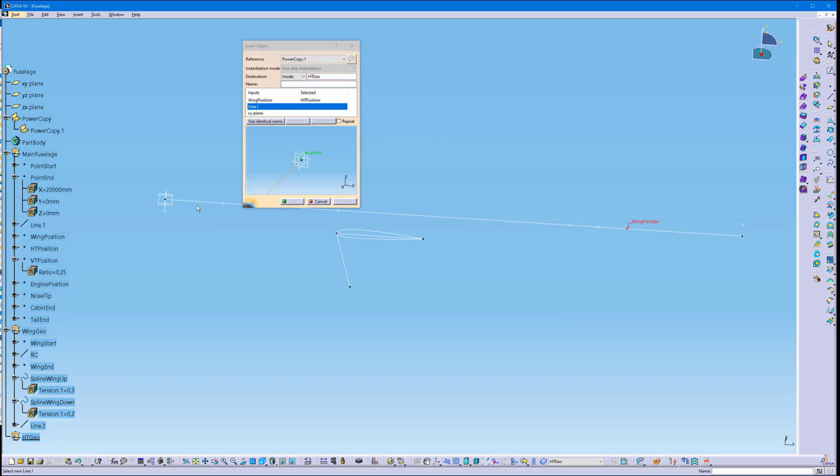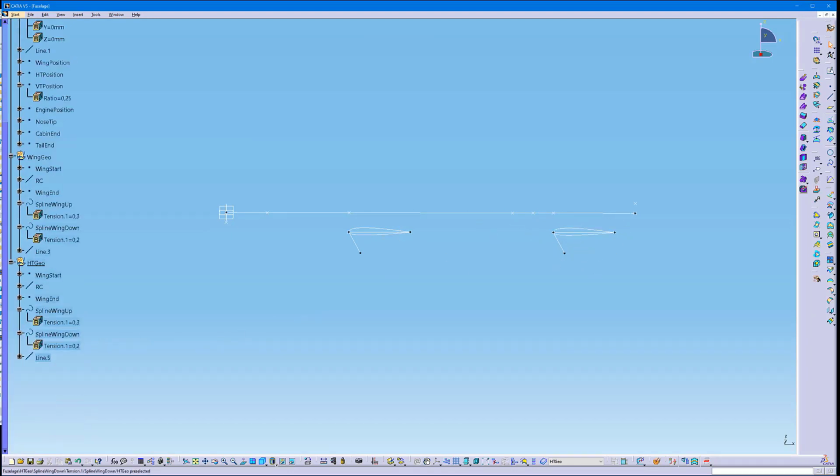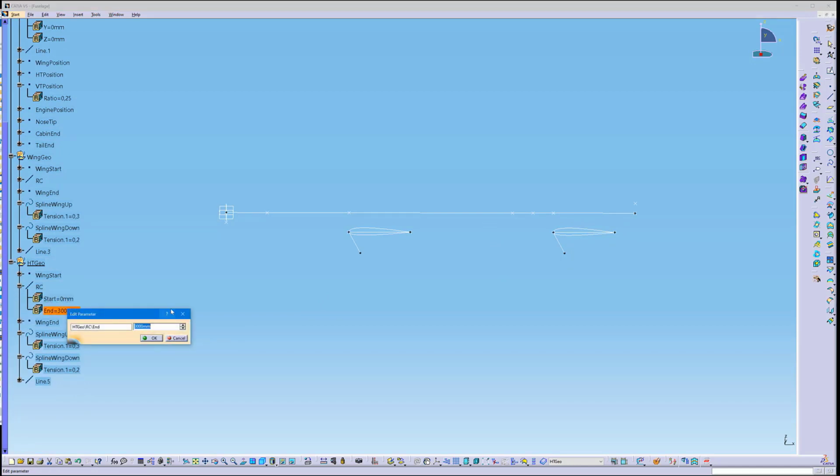The line is still relevant, and the XY plane is still relevant. Then I press OK. So now I get my horizontal tail geometry,